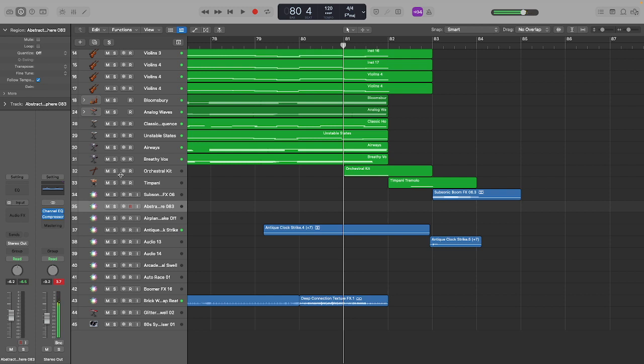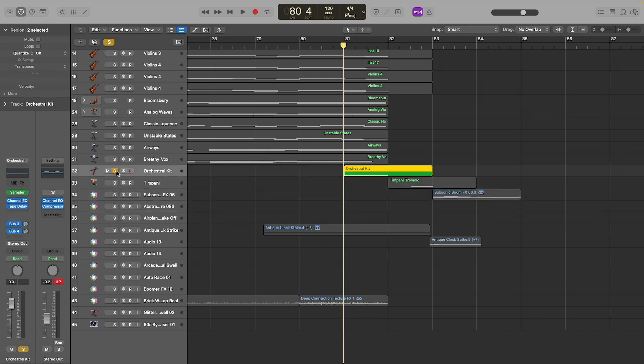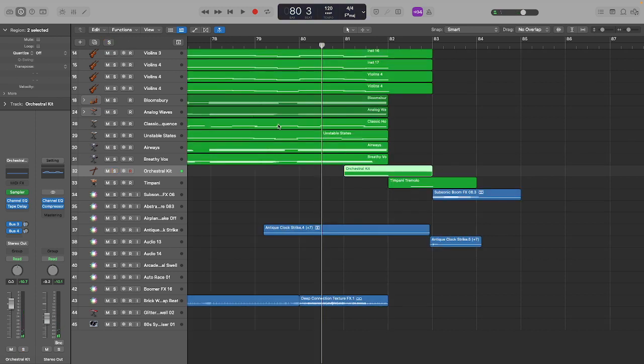And then here at the very end, I use an orchestral kit. It might be... let me find it, because orchestral is a bunch of just all of this. It's that one. And so it cuts off really quick, and it kind of leaves it unresolved a little bit, but overall it's satisfying enough because you've just heard the